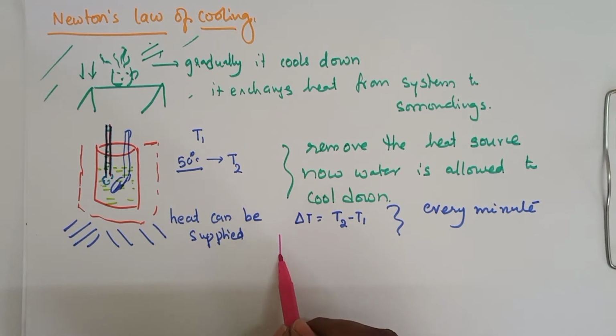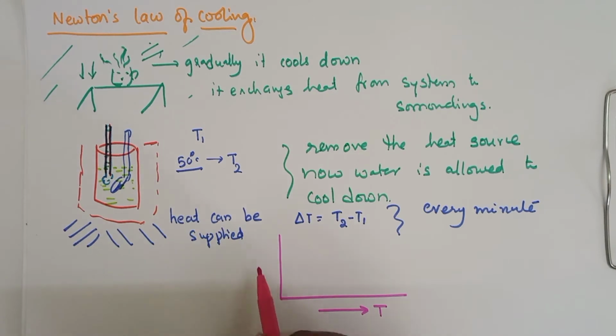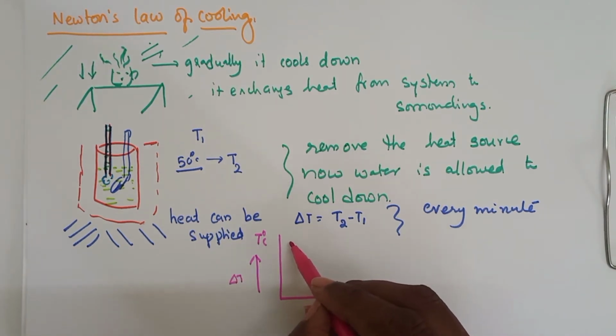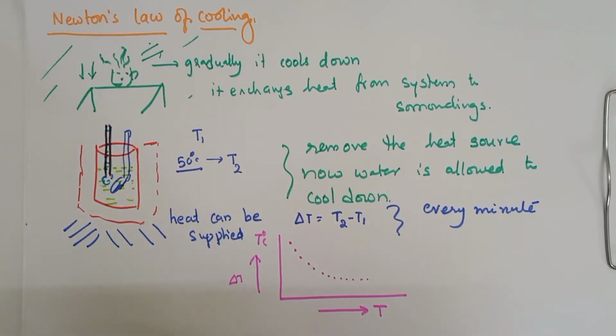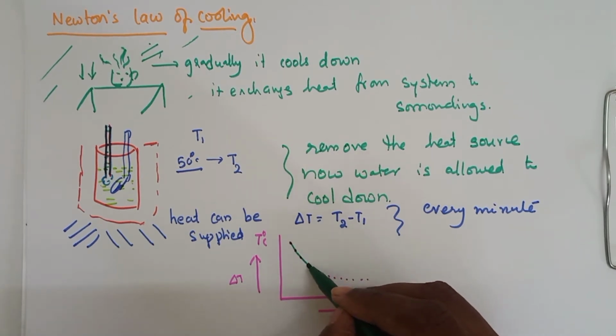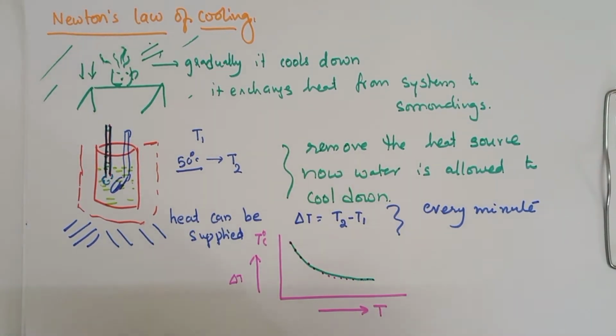between the time taken to cool down, t here, and the temperature, that is delta T. Delta T temperature can be taken. At first it falls drastically, and after some time it cools down slowly. Now after joining this, you will get this graph. Here of course the negative slope is there.